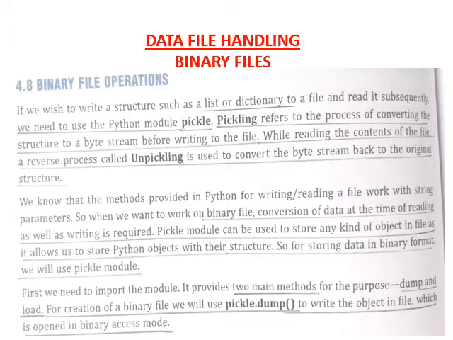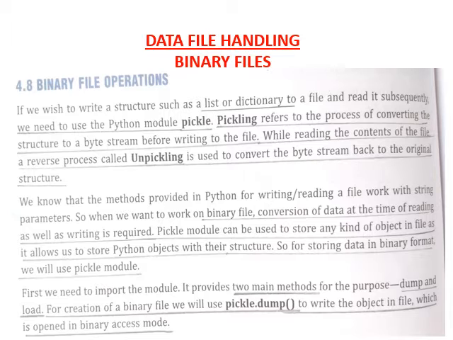So today we are going to start off with the same chapter, that was data file handling, and we are going to continue from the same point where we left. That means now we have to start with binary file operations. Now, talking about binary files, they are same as text files, but here when we are writing data, that is getting stored in the form of byte stream. This is the difference between the ordinary text file and the binary file that we would be talking about in